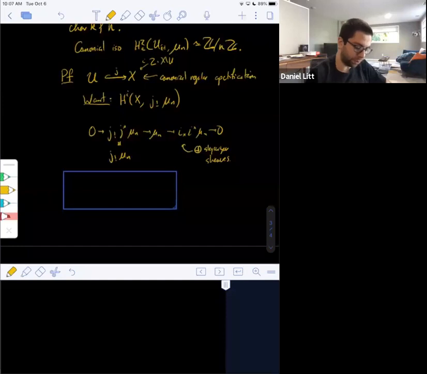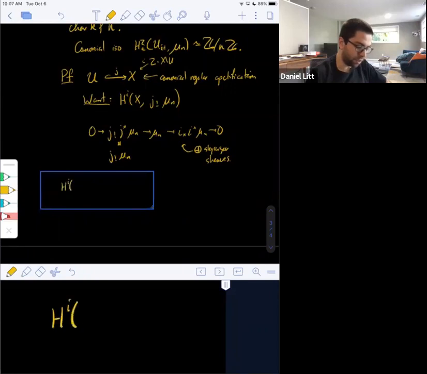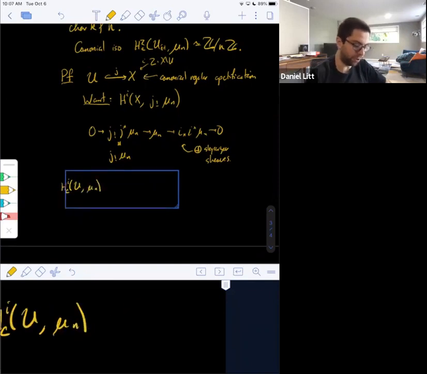All right, so what do we get? We get a long exact sequence. Let's write it this way. So we get a long exact sequence H^i of compactly supported cohomology of U with coefficients in mu n. That's the cohomology of this first object, to H^i of X, mu n,